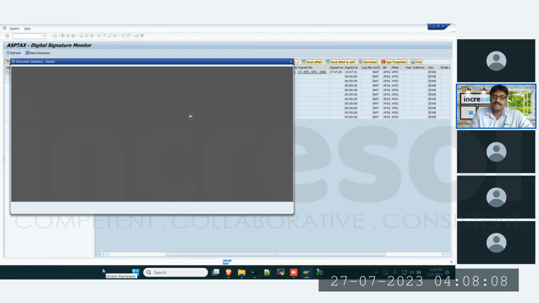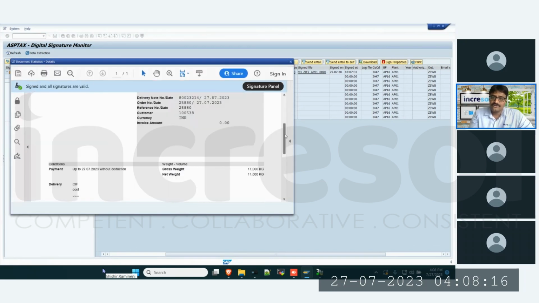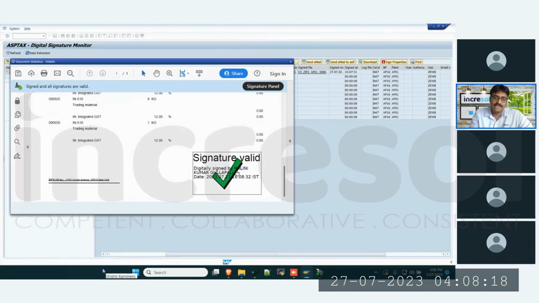you can see that it's a digitally signed document from the dongle. That means the dongle is connected to the user laptop and they signed the document. And if I scroll down, I can see that it is signed by Nalini Kumar Global. Using my dongle, I have signed it, and the tick mark, the signature is valid. Even these coordinates you can control or configure in the particular agent installed on the user's